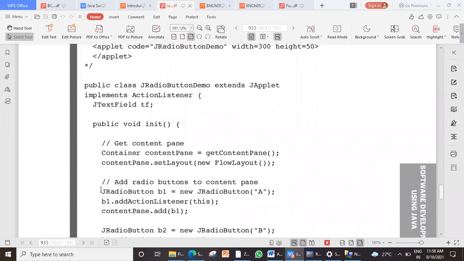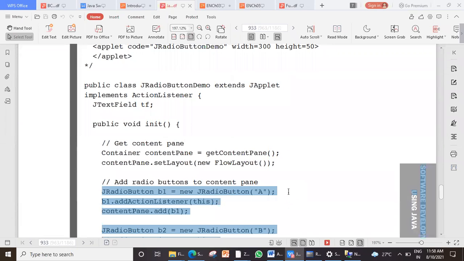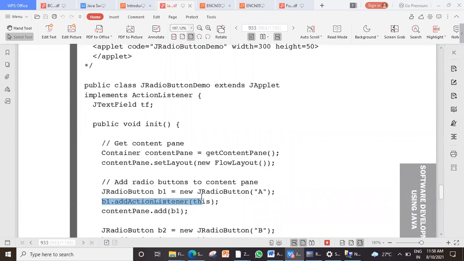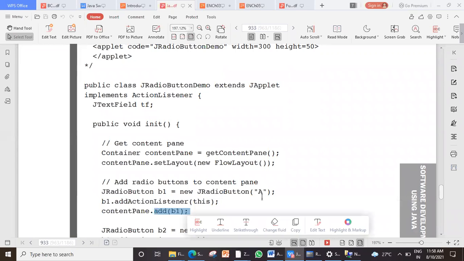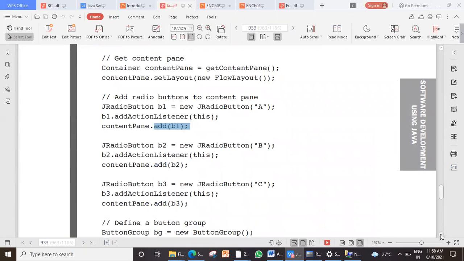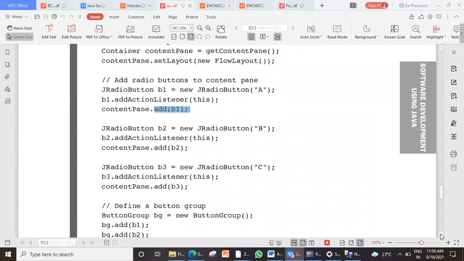If you want mutual exclusive behavior, then see how to create a radio button. First of all, JRadioButton B1 with A. Then register it with the listener. Third, add it on the applet. Fine. Here we are using action listener. You can use either item listener or action listener, but we are using action.